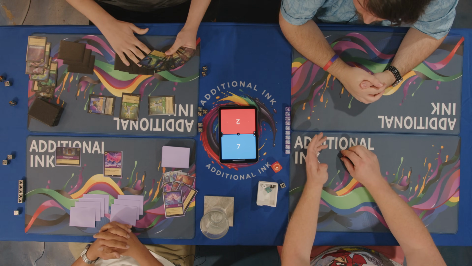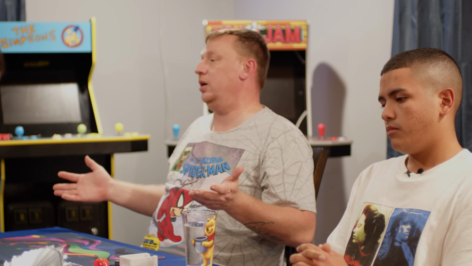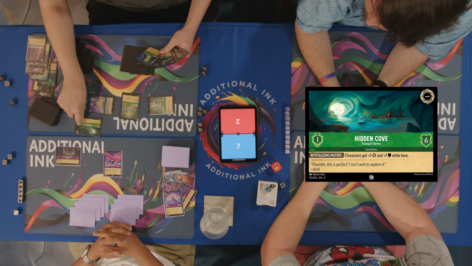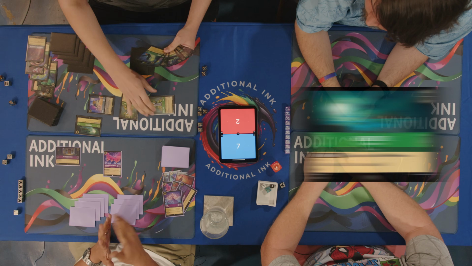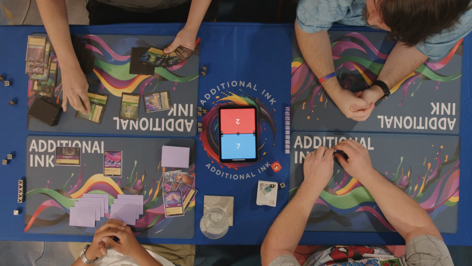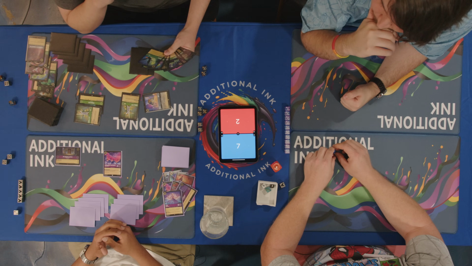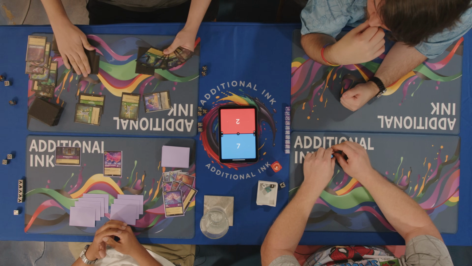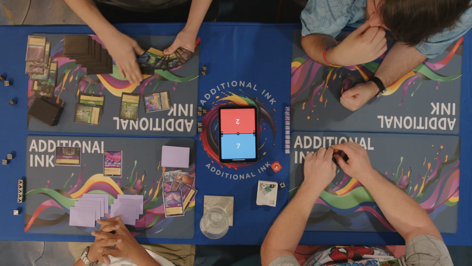Well, that's the thing about card advantage. The more cards you have, the more options you have. It's true. I'm simply relying on the fact that I have global solutions and he doesn't really. I'm going to drop a Hidden Cove here. Sounds good to me. I'm going to move this Prince John onto it. Sounds good. I like this line. And then Chernobog's Followers can't take it out. Then I will play a...